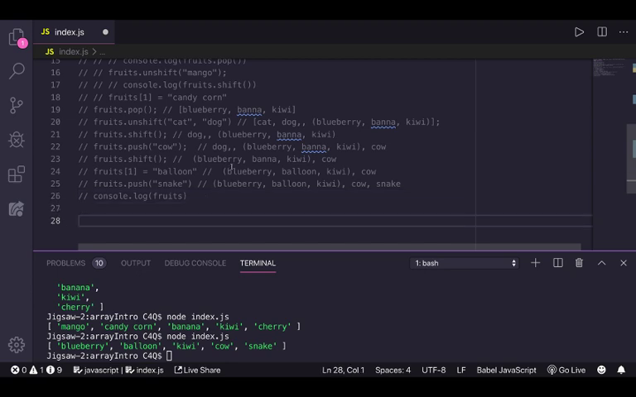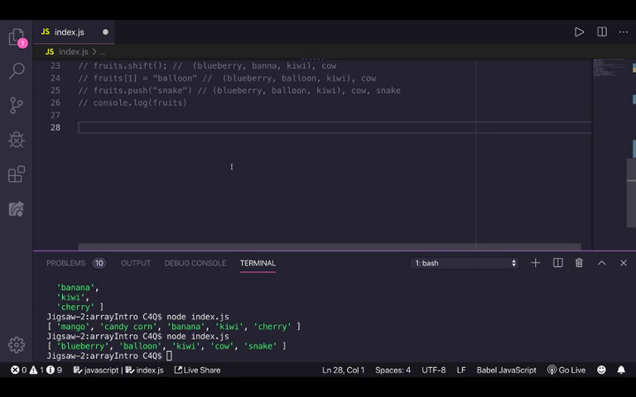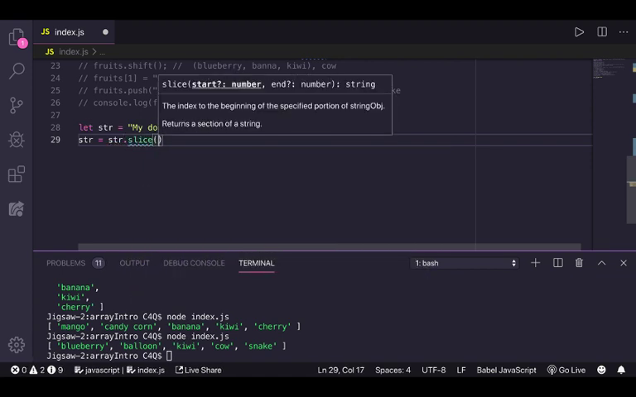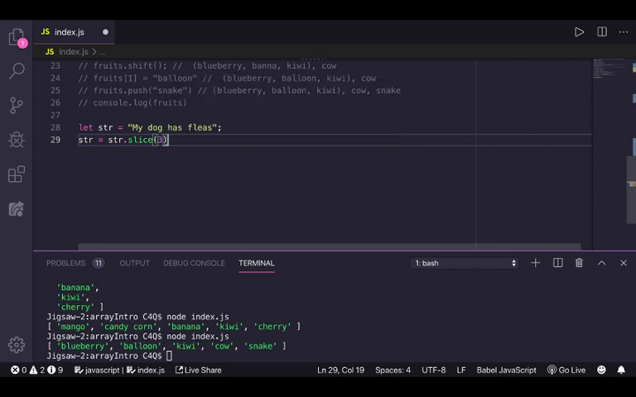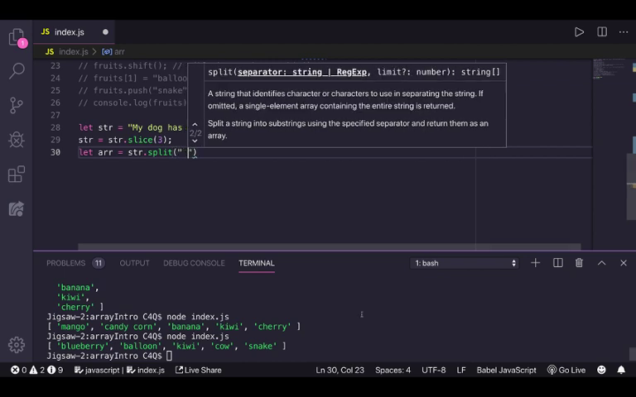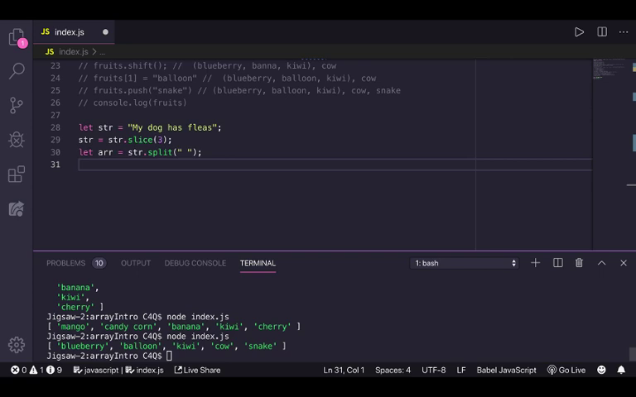Okay, let's play again. Okay, let's start off with this string. All right. First thing I'm going to do is I'm going to go string.slice 3. Then I'm going to split this string. I'm then going to do